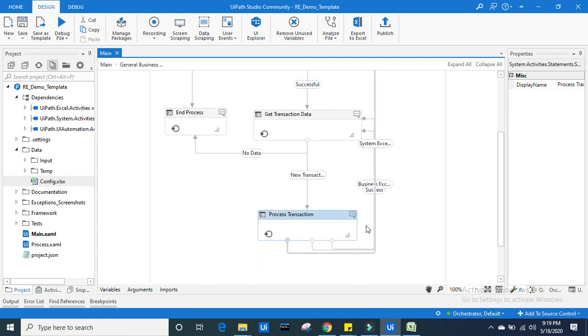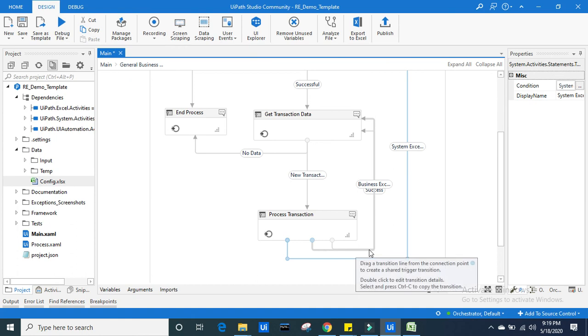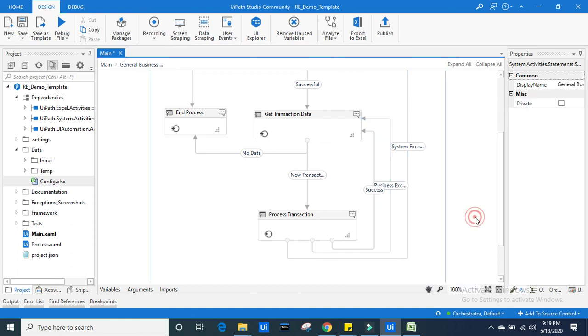Also in Process Transaction we have three types. Success means it will keep on getting the valid data. If there is a problem in the data or in the processing, it will throw a business exception.